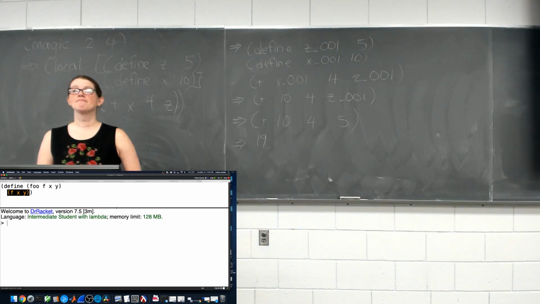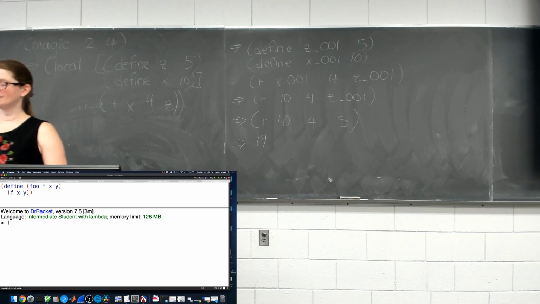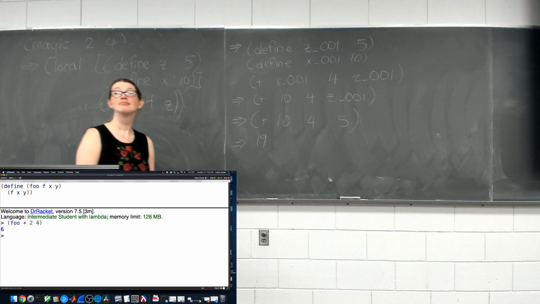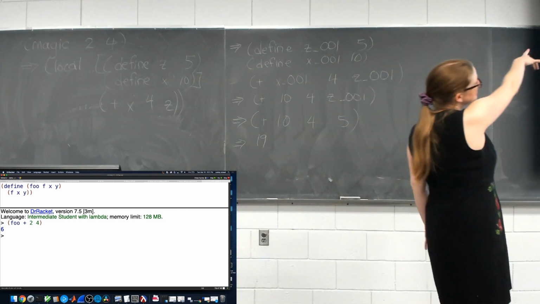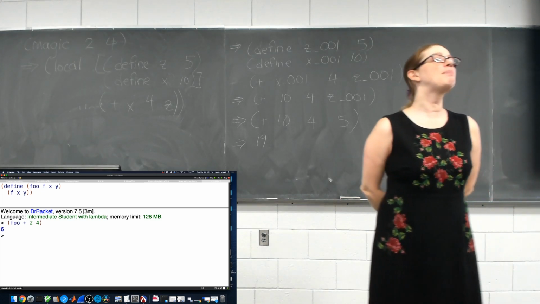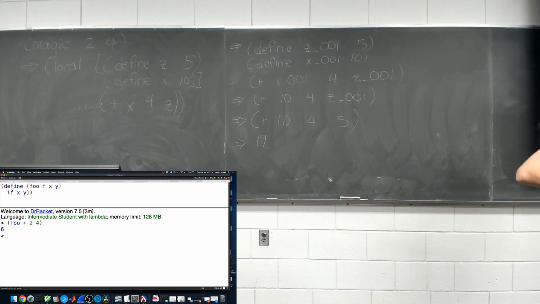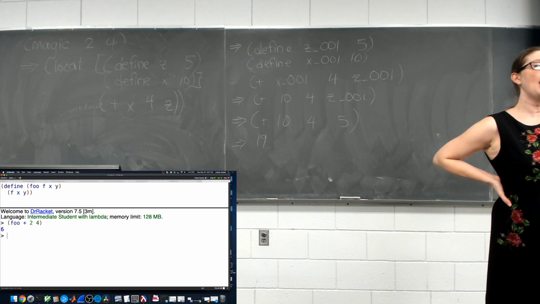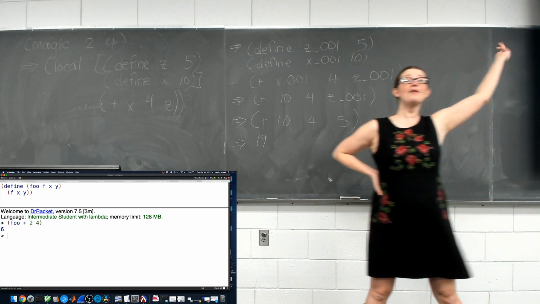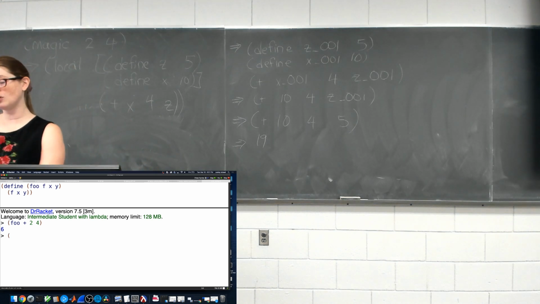So what can we do with this thing? Well, I can use foo to add 2 numbers together. There we go. I pass the add operator as an argument in the exact same way that I pass the numbers, because a function is a value. And then inside the body of foo, I apply the function I passed in as an argument to the other 2 arguments. So my function foo is capable of adding 2 numbers together,